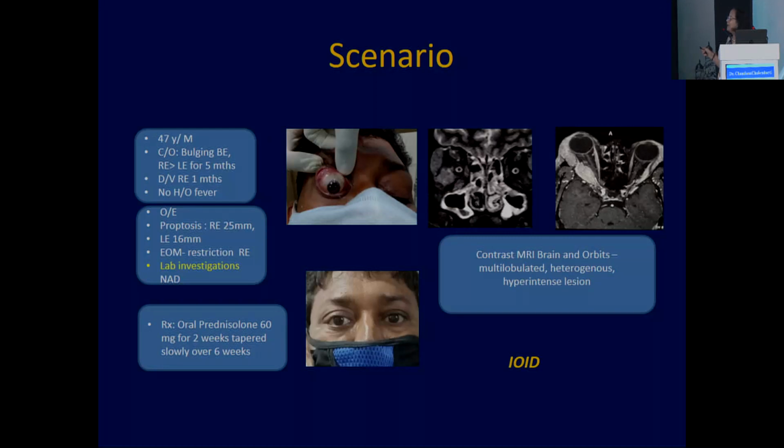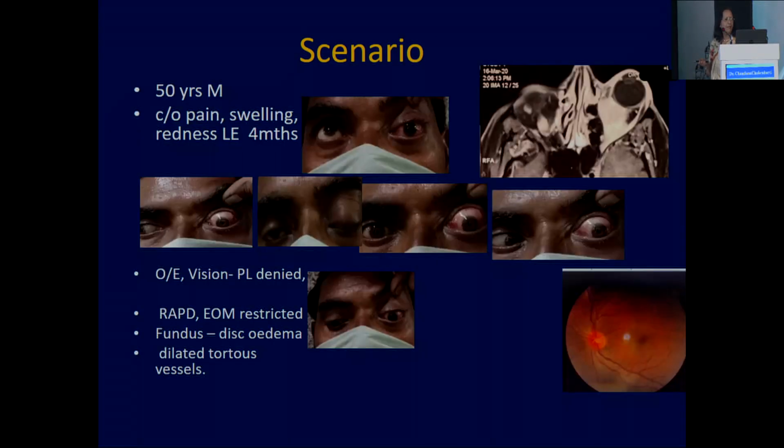Many times you fail to diagnose clinically between thyroid eye disease and an IOID case, myositis. Both of them will give you an inflammation of the muscle. But look at this muscle, both the tendons and the muscle are quite irregular, and a nodular type of swelling is seen. Another patient,